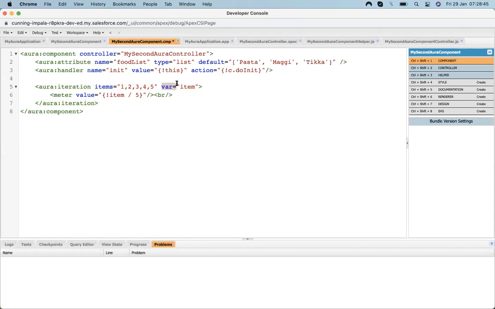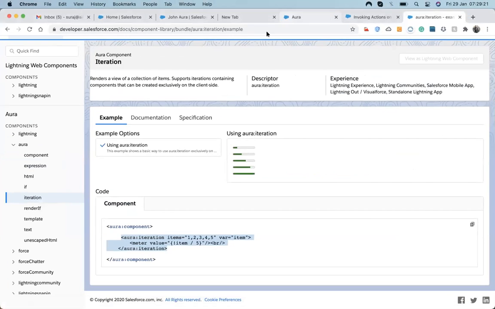Only the name is changing. So let's put our list up here. Just remove this and put the list, v.list, and let's name its variable food. Now I'm going to display that food name up here. So once I save, let's check.